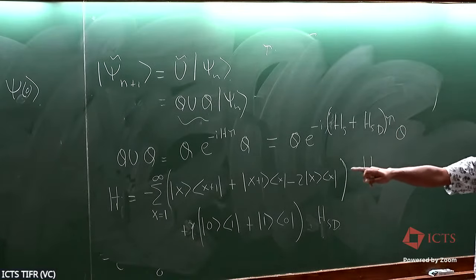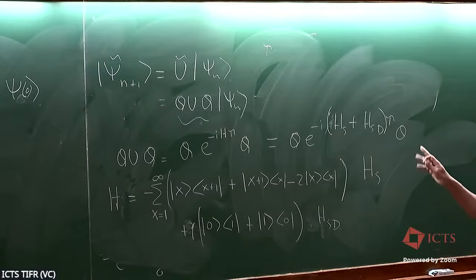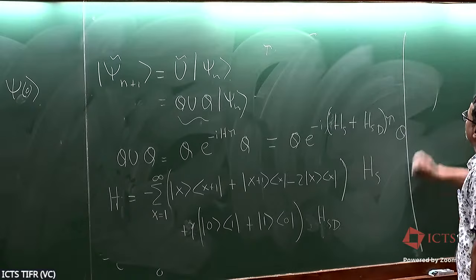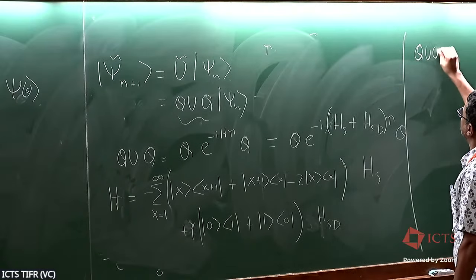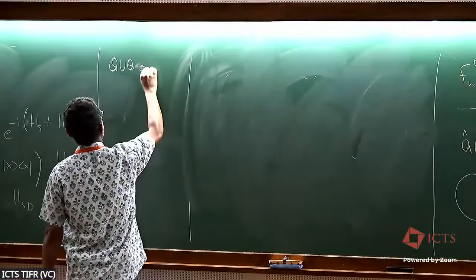Since finally we want to divide by tau, we'll do an expansion up to order tau squared. So then this Q U Q is equal to